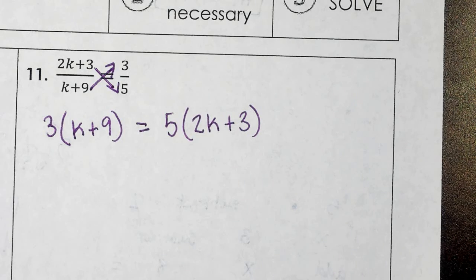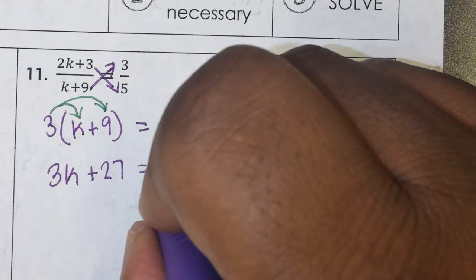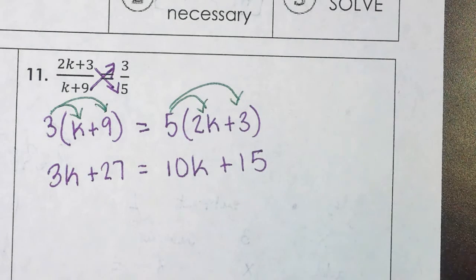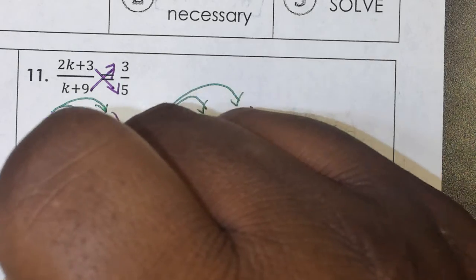Once you get to that point, it should look familiar. Distribution. Distribute. 3k plus 27 equals, here you got 10k plus 15. Then after that, get the variable on one side of the equation. Like I say, if I can, I always move my smaller one. There'll only be certain cases where you can't move the smaller one, if the variable is on the same side of the equation, but in this case I can. 3k